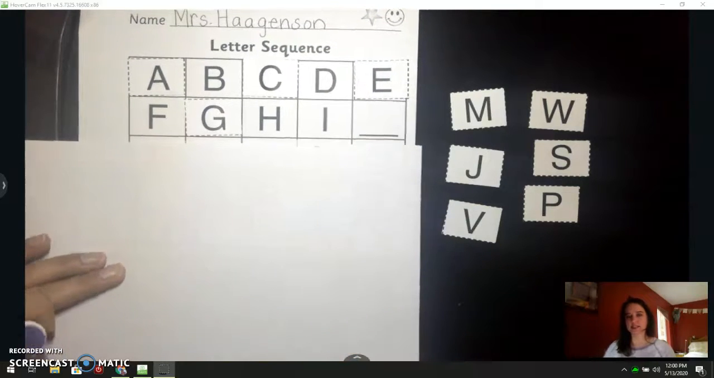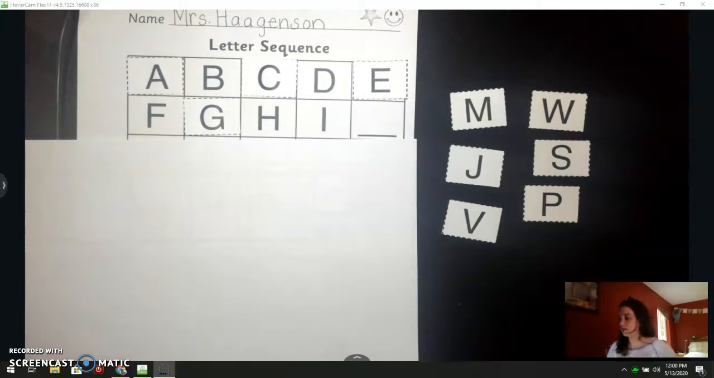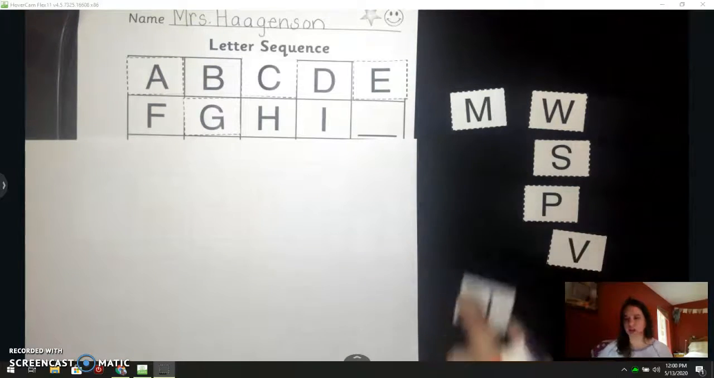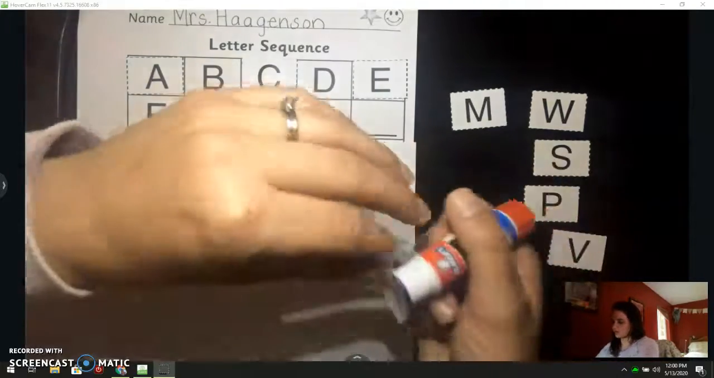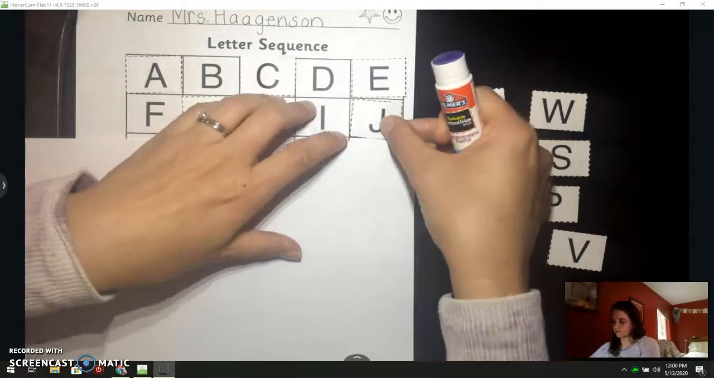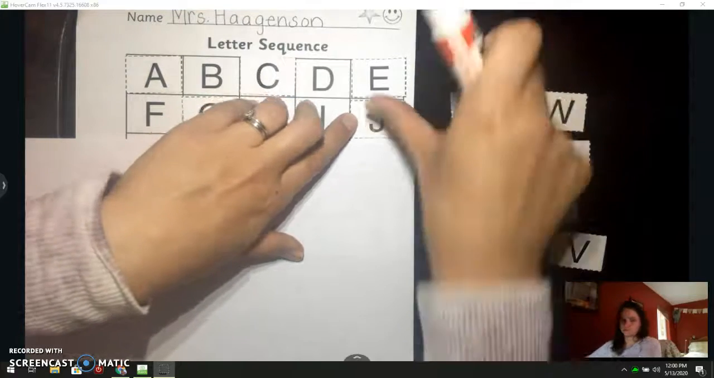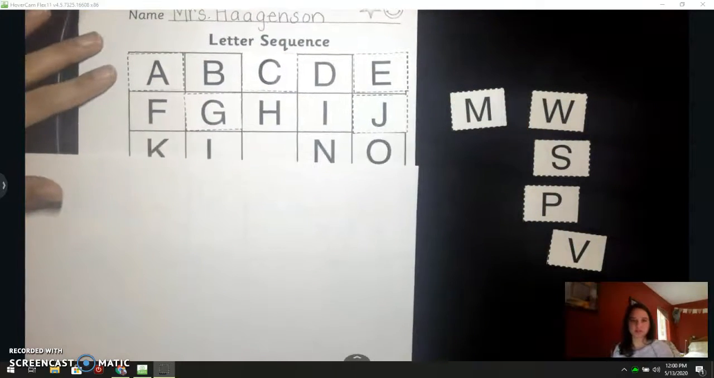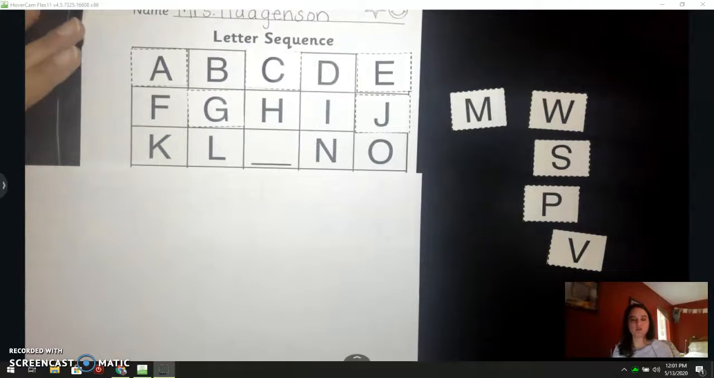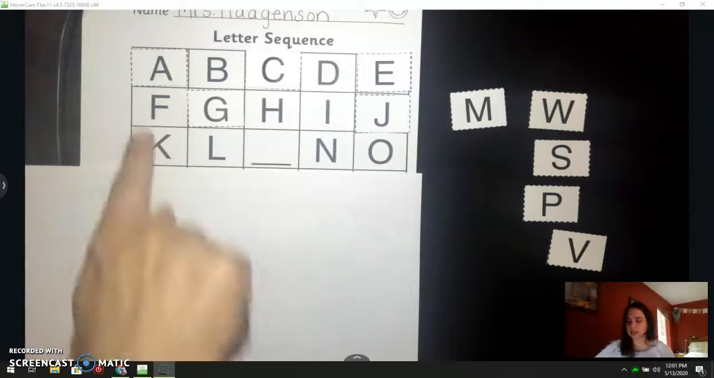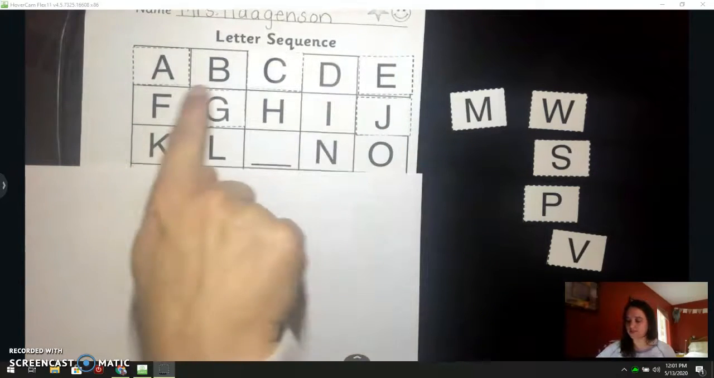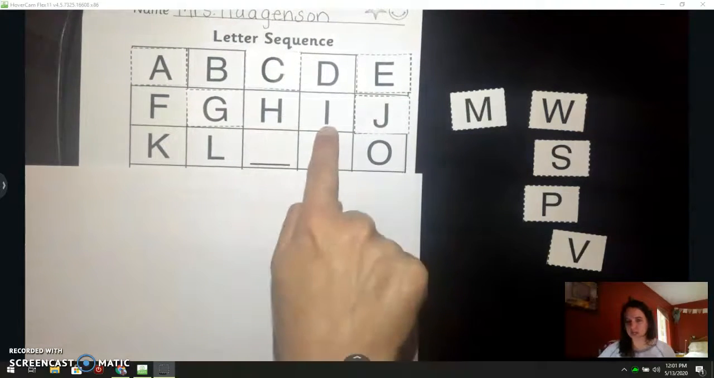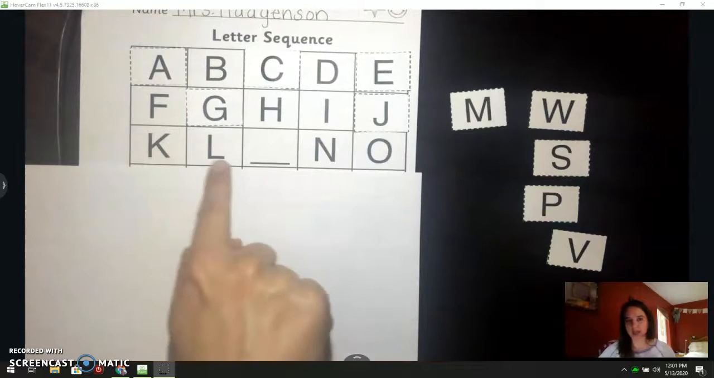What comes next? Yes, J. Our J does not have a hat on it. It is still an uppercase J. Put some glue on the back of your J. And let's see what our next row is. Oh, we only have one missing. A, B, C, D, E, F, G, H, I, J, K, L,